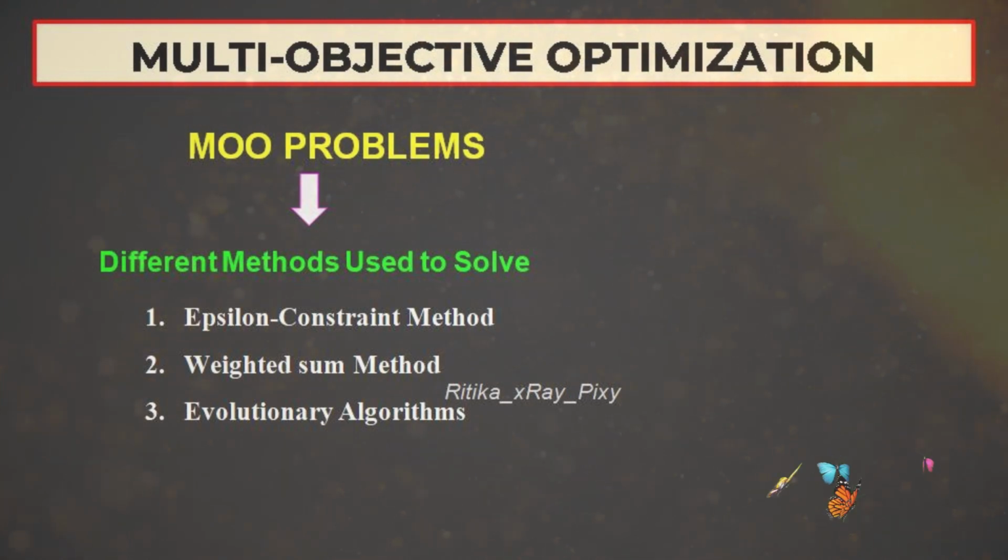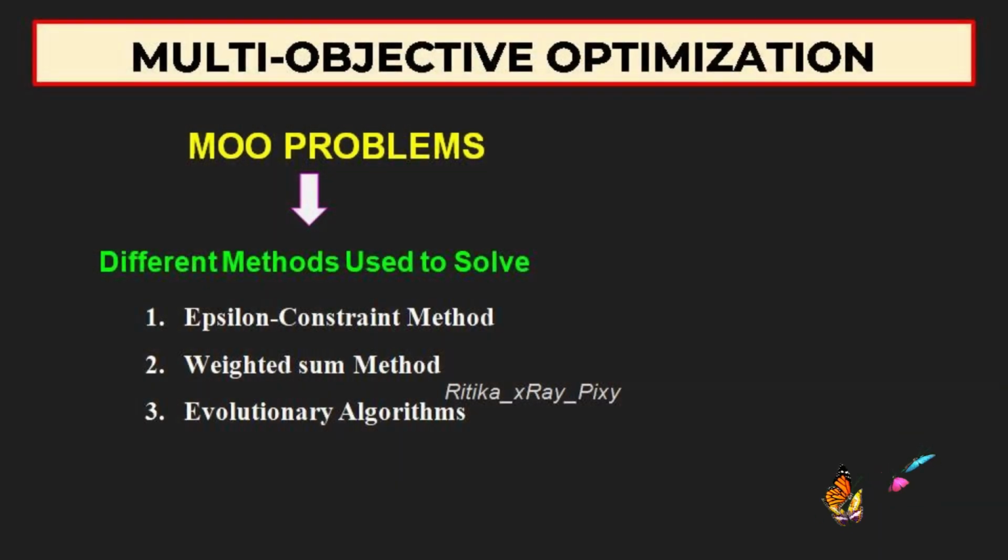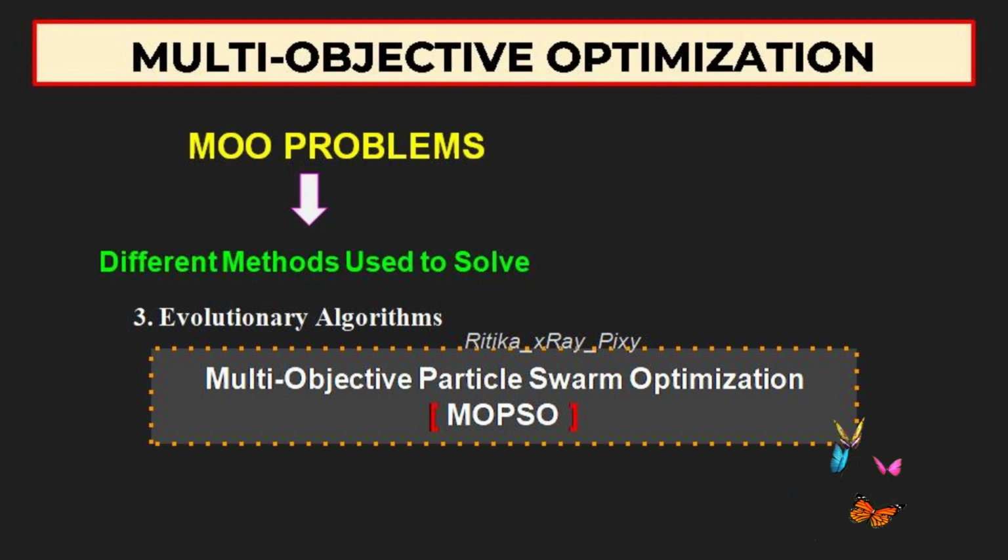Now, the question is which method is best? It depends on the specific optimization problem you're trying to solve. Accordingly, you can use any technique. So right now we will use an evolutionary algorithm. We will use the particle swarm optimization algorithm. So we are using here the multi-objective particle swarm optimization algorithm, and